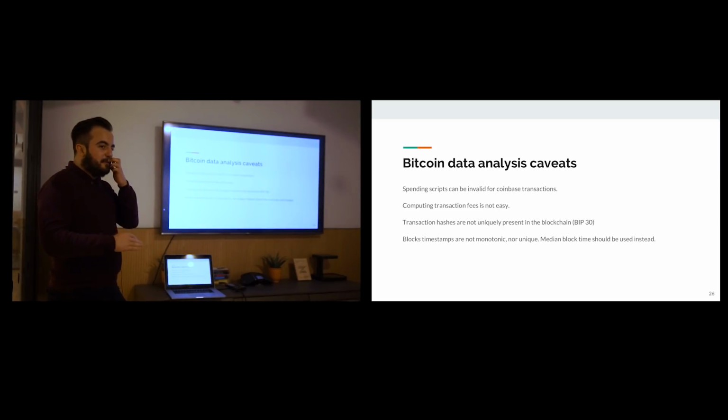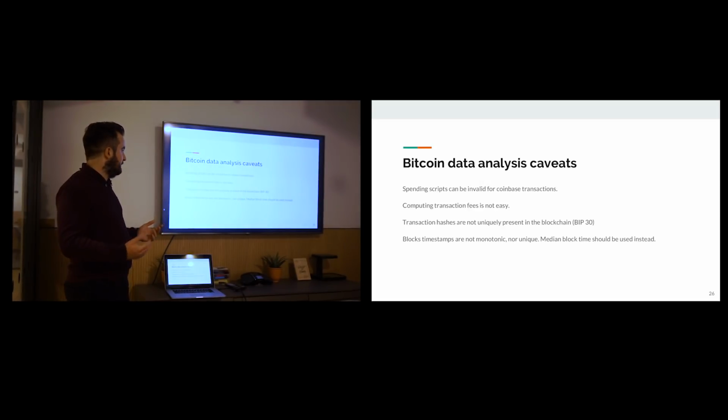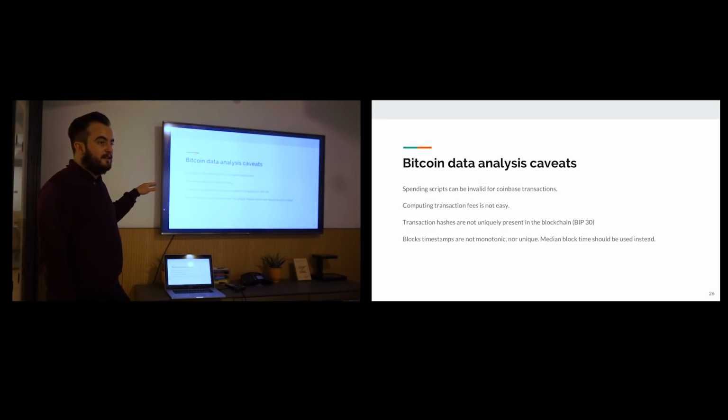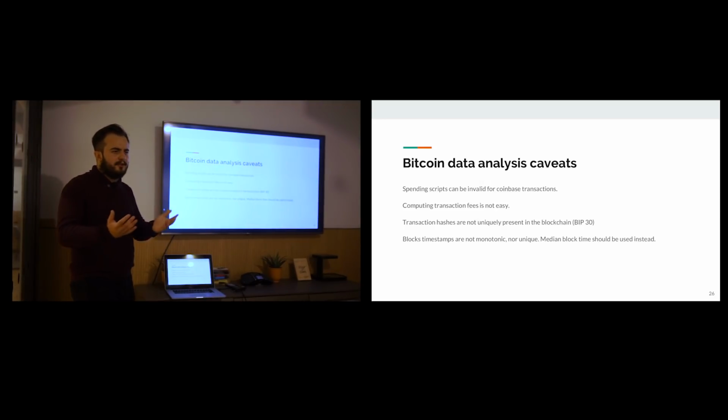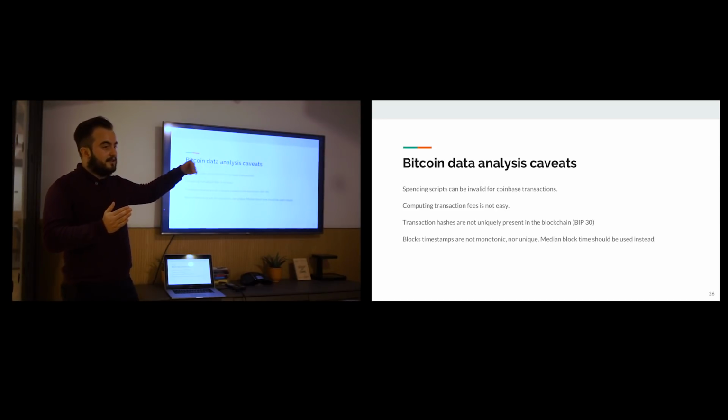So I had to learn to be a bit more lenient and accept and learn from that. Coinbase scripts, I don't have to parse them because by definition they're invalid. Computing transaction fees, which on other explorers is just a number, is kind of hard because you have to fetch all the parents of the transaction, which could be from the last block or from 5 years ago or 10 years ago. That's why I had to use a lot of tricks with Redis to cache and improve the